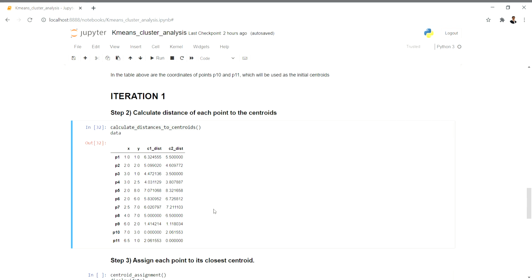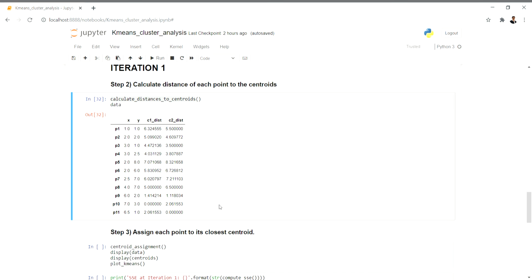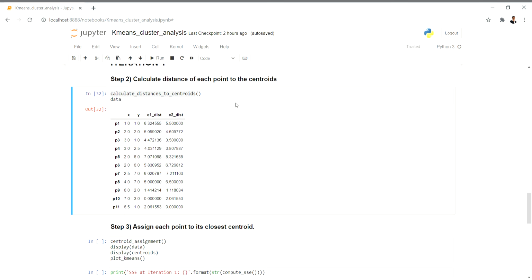Now imagine how tedious it would be for you to do this on paper. That's why it's always good to write code instead of pen and paper, because for problems which are very long or which require tedious computations, it's not advisable for you to work on pen and paper.